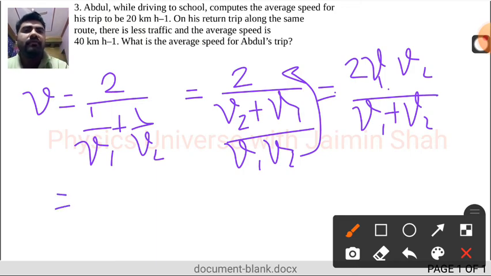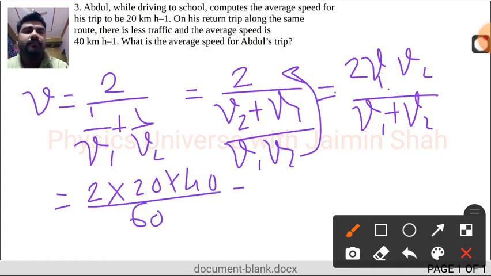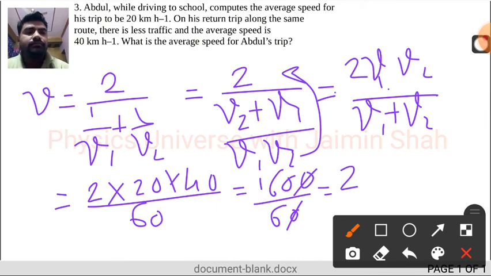By putting in the values directly, 2 into 20 into 40 upon 60, so 800 into 2 is 1600 upon 60, and the zero cancels out. Then we get 26.4, approximately; you need to calculate this.